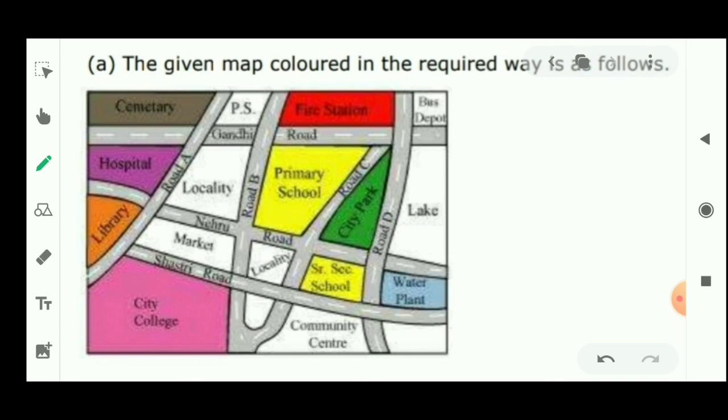Students, try to solve the rest of the part of this question, because in each and every question you have to color them, or only XYZ you have to write in the question. Only one question is given in this exercise, so exercise 10.1 and 10.2 are completed now. Thank you.